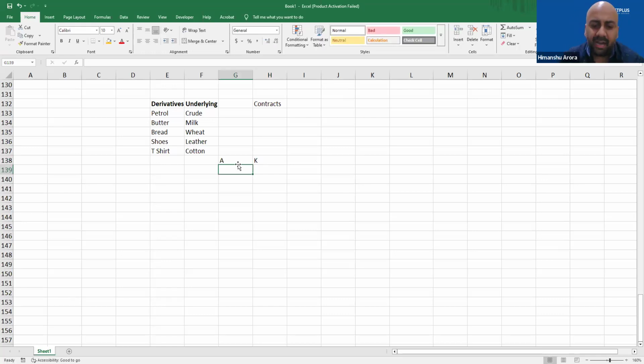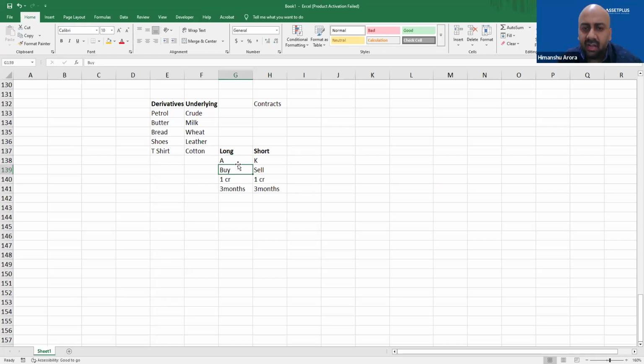Arun agrees to buy an apartment and Kaushik agrees to sell that particular apartment at a price of 1 crore, 3 months from now, a particular type of flat or apartment with yellow paint, with white paint, 2 BHK, 3 BHK, whatsoever. So that's the quality. So the long party agrees to buy from the short party and the short party agrees to deliver to the long party a predetermined